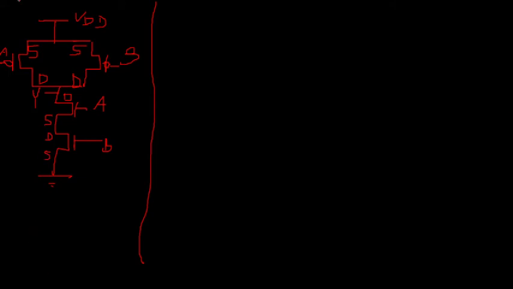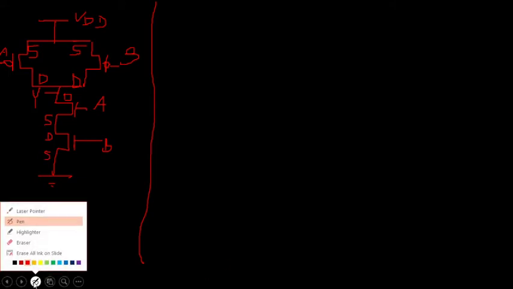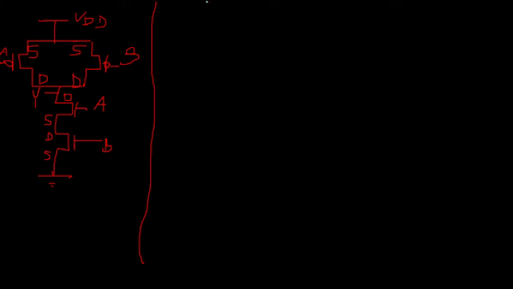Now let us start with the stick diagram implementation. For stick diagram implementation, what I told you, we should always start from the metal line. So we should always define what is VDD, how much is the VDD, and ground. The reason we start from here is that in the beginning you should be able to specify the area in which you are going to complete the implementation. So now you have defined that between VDD and ground your whole stick diagram will come.